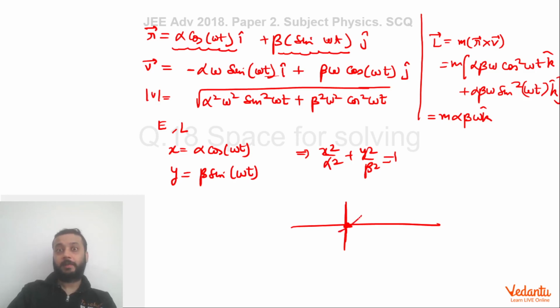So angular momentum will remain conserved about the origin, which is what we observed. Now since kinetic energy will vary in SHM, since alpha was not equal to beta, kinetic energy will vary in SHM, and hence potential energy will also vary, because in SHM the total force is conservative in nature, and hence we can say that the net force will also be conservative in nature. Therefore total energy will remain conserved. So we could have derived all these things by the logic of SHM as well, right?